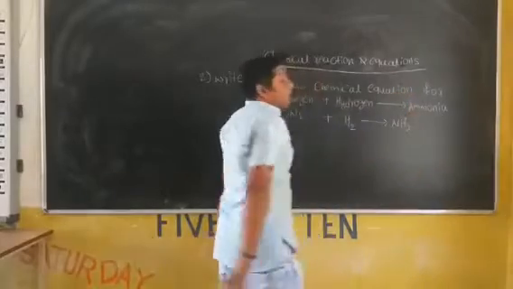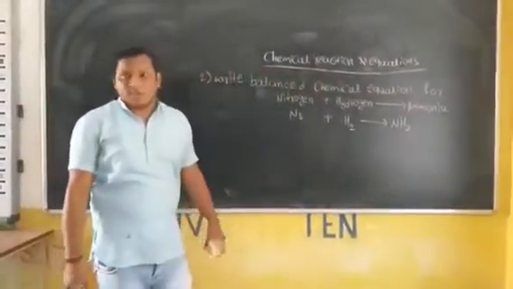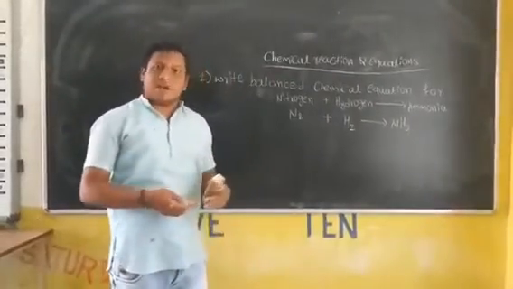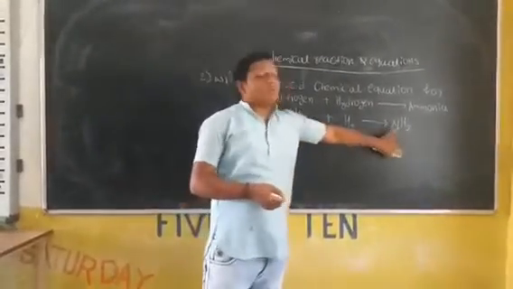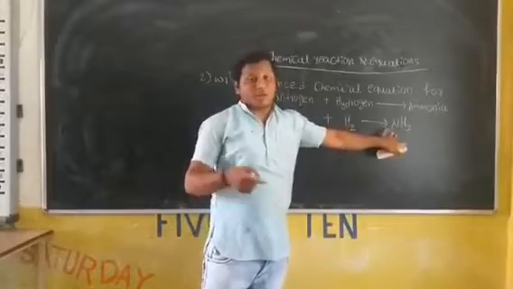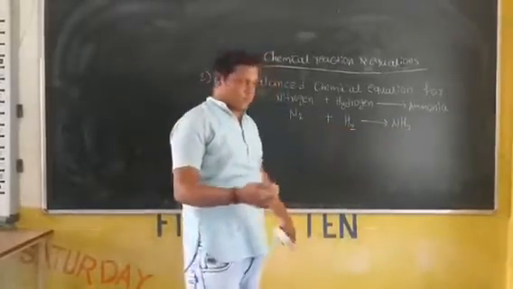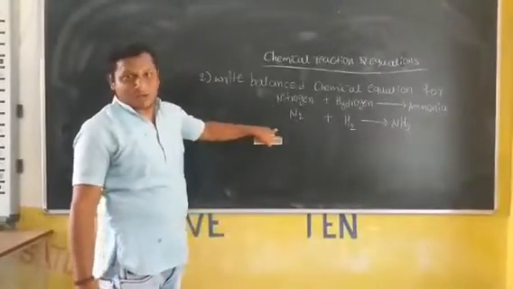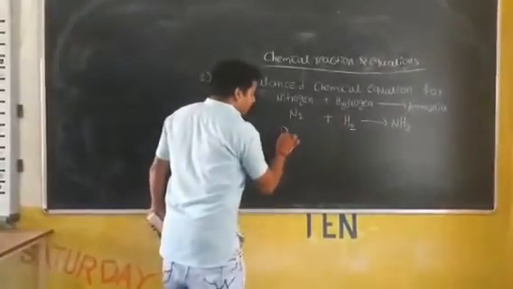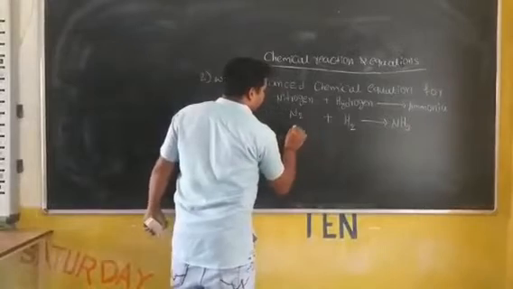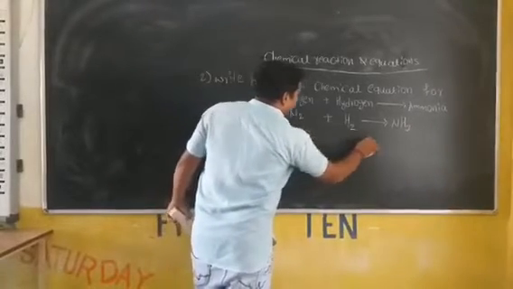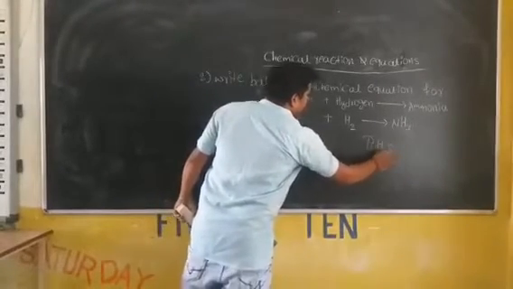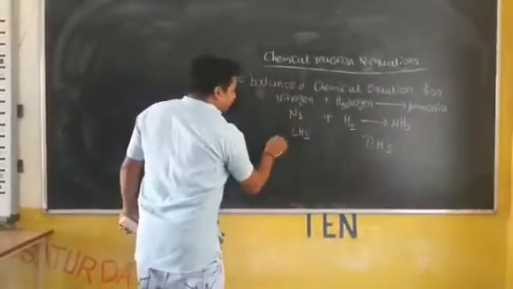This is not an ionic compound. This is a covalent compound. Okay. The previous examples are ionic compounds, but this one is a covalent compound. How to write the covalent compound? I will discuss it in further chapters. Okay. This is our equation from word to chemical equation. Now write down LHS and RHS. What are the elements?